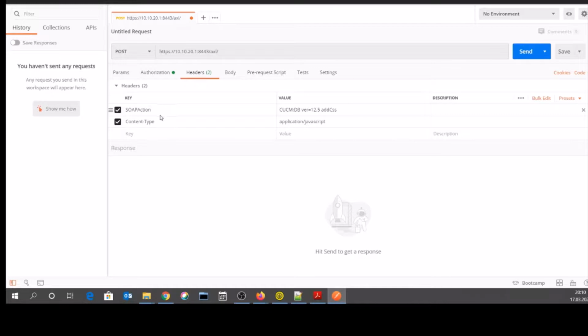So this is a key. So what are we doing? We are performing a SOAP action, and this is the value that you should define. For example, if you go to